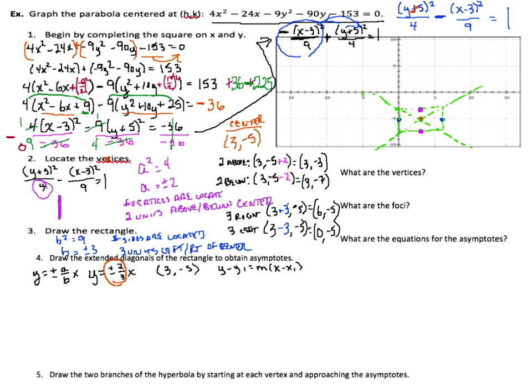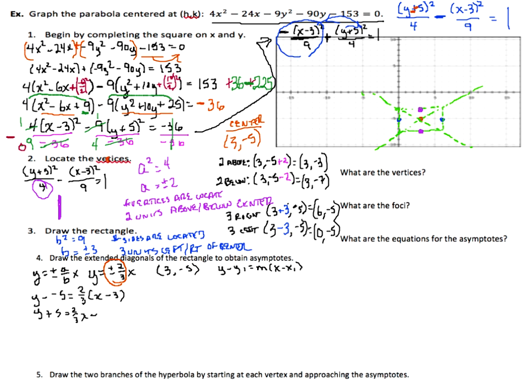First I'll do positive 2/3 as my slope, and then negative 2/3. All right, so y minus -5 equals positive 2/3 times x minus 3. And then I just have to simplify. y plus 5 equals 2/3 x